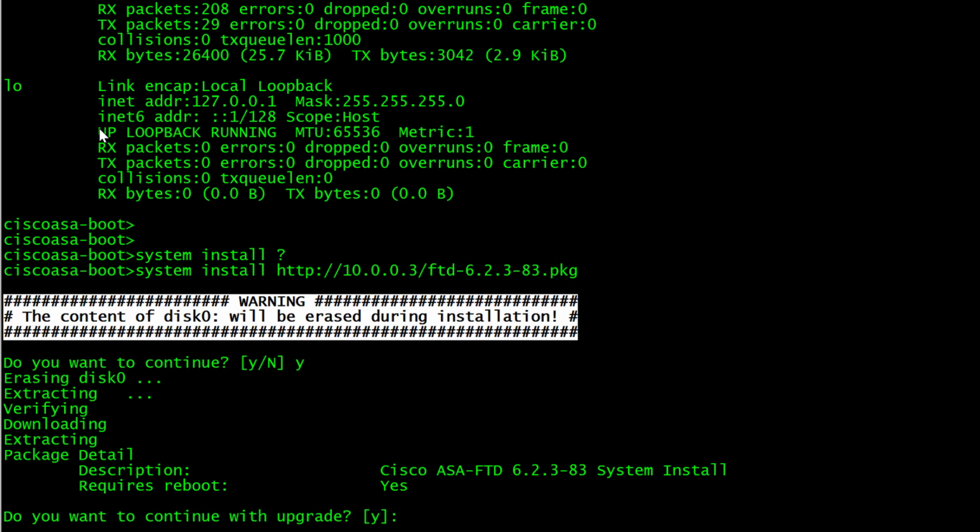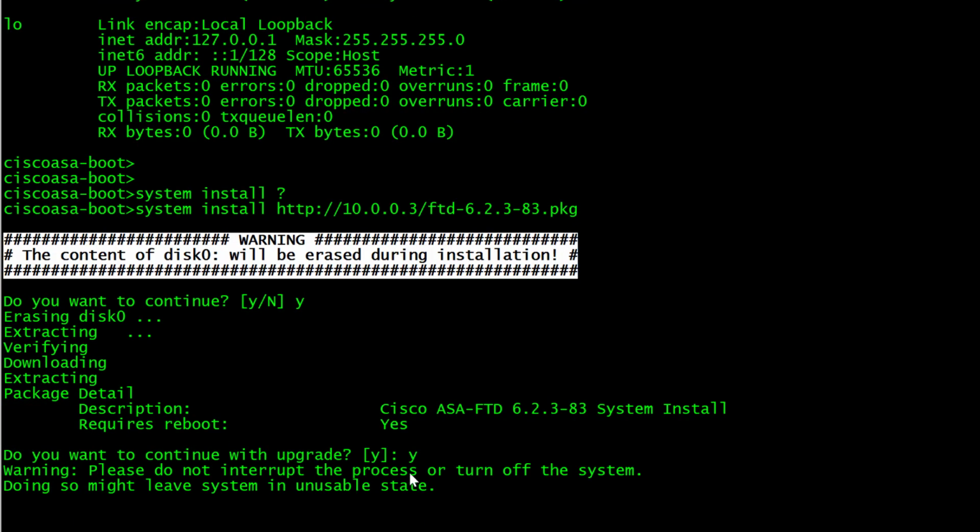So once the image is extracted, you will be prompted on the screen with a question asking if you want to continue with the upgrade. So you can see here that we have the ASA FTD 6.2.3 and it'll require a reboot. So I'm just going to press Y for yes,